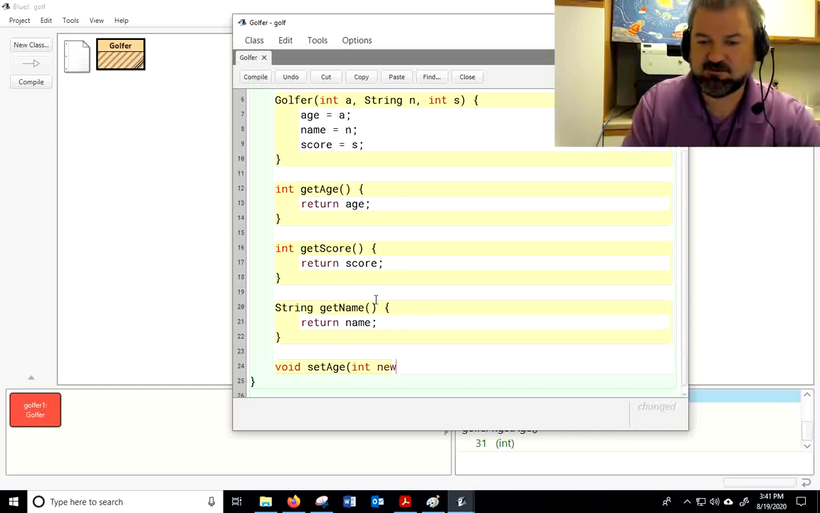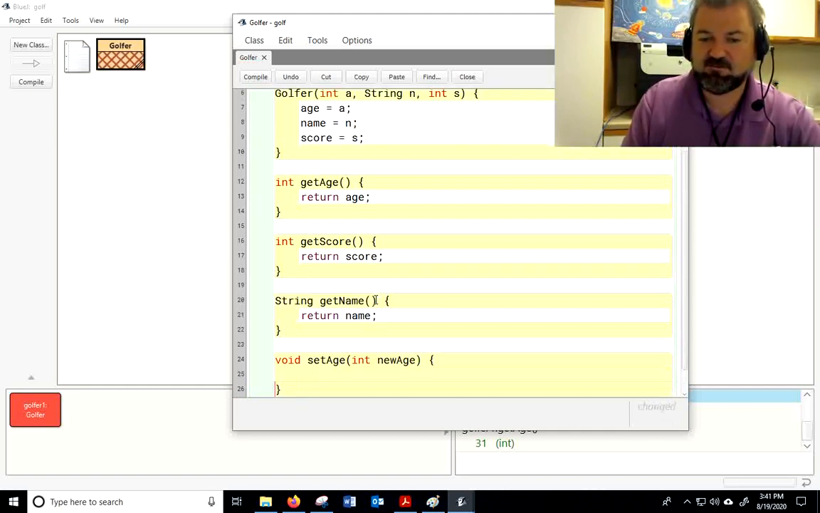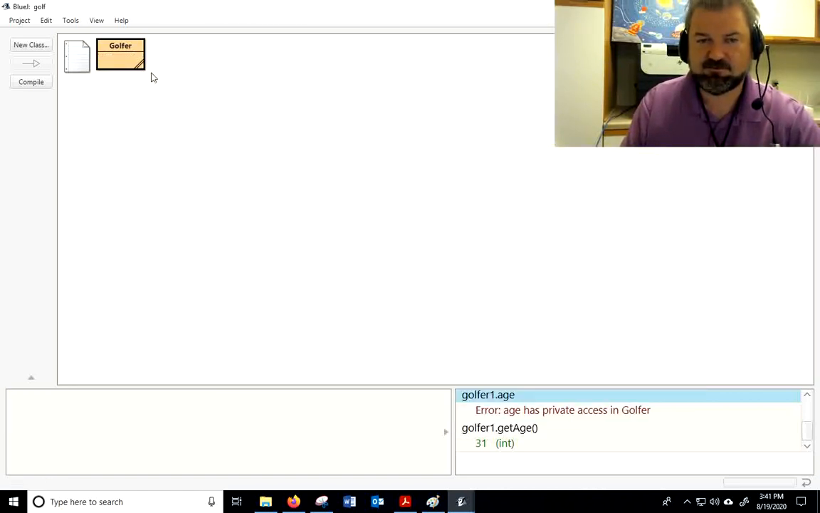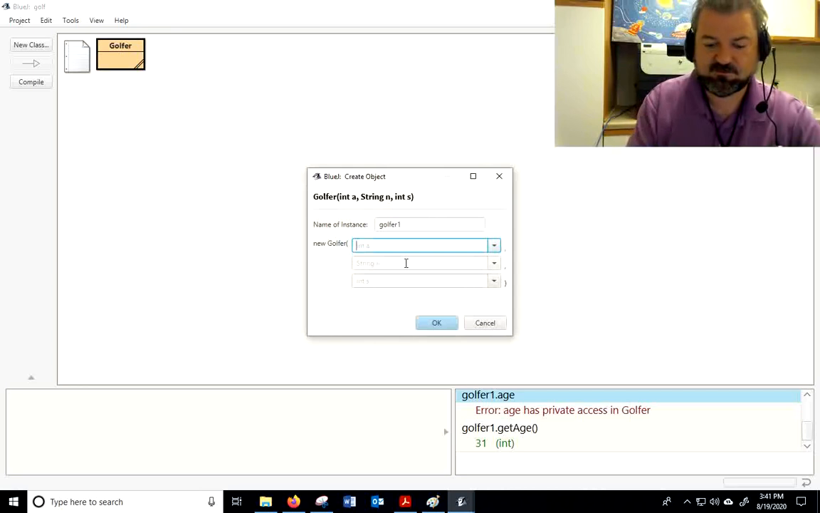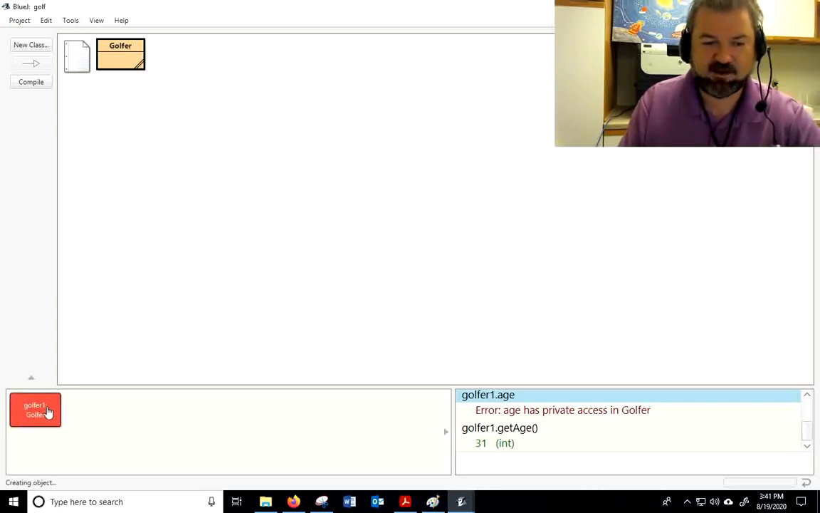Kind of like a new age or something. And remember, assignment is from right to left. Our permanent variable name is age, so that needs to be on the left. And I'll assign it the new age. We'll see how that works. I'll make a new golfer. 31. Rory. 105. 104. Bad day. All right. Now,